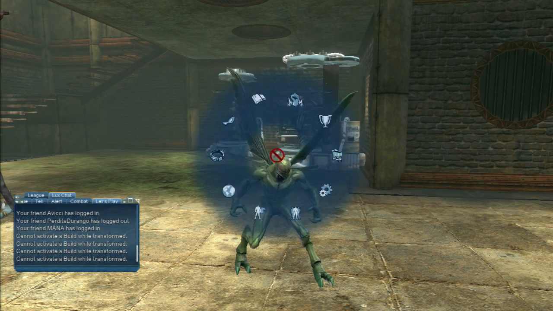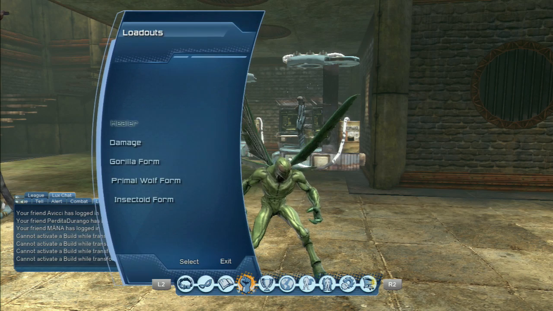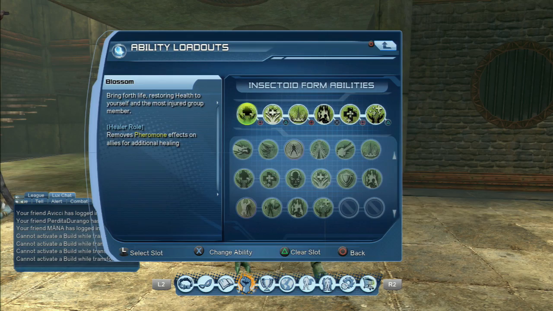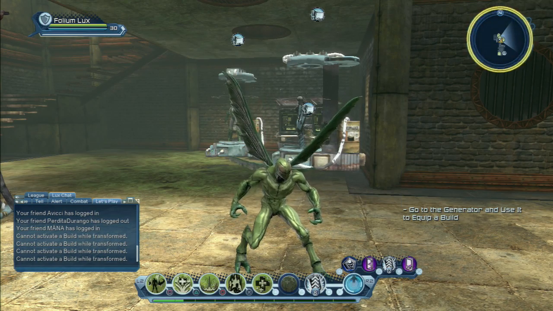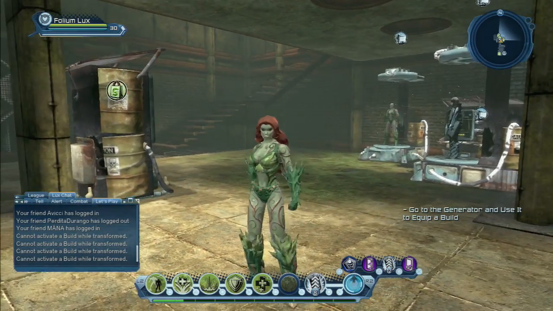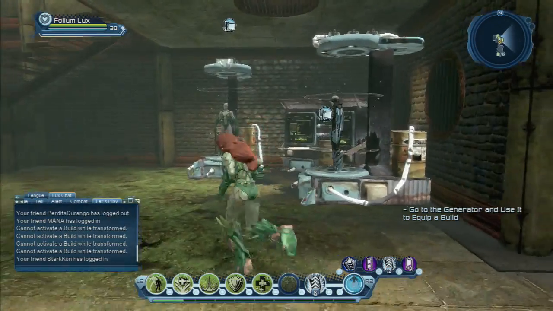Cannot activate a build while transformed. So you've got to start. Right. Okay. That's going to be somewhat limiting. So at least we found one thing out right now. So you can't change your build, even though you could want to probably change into a transformed